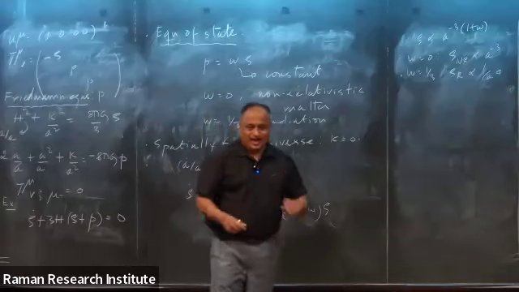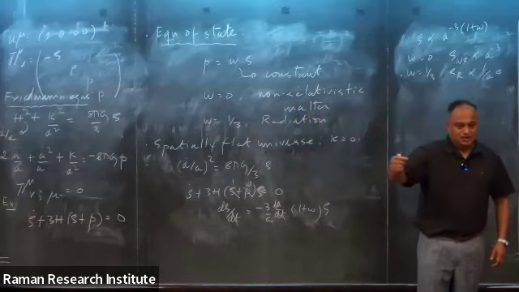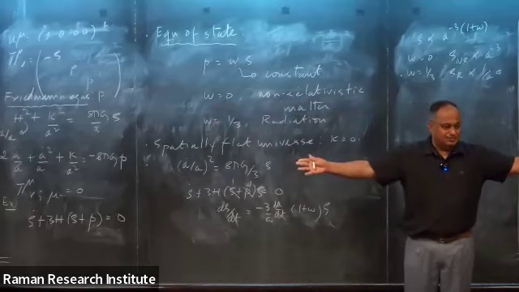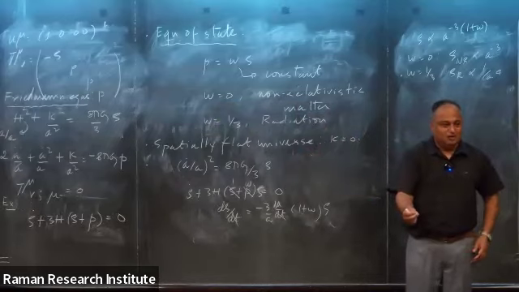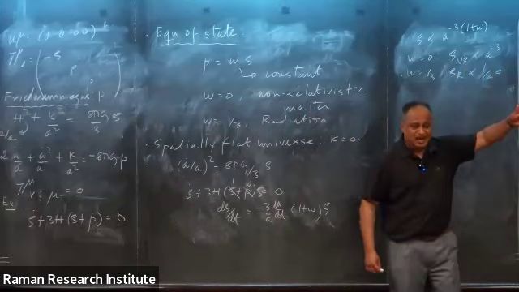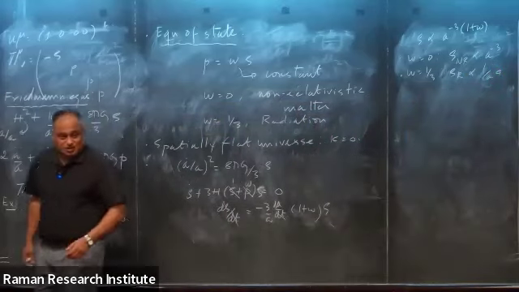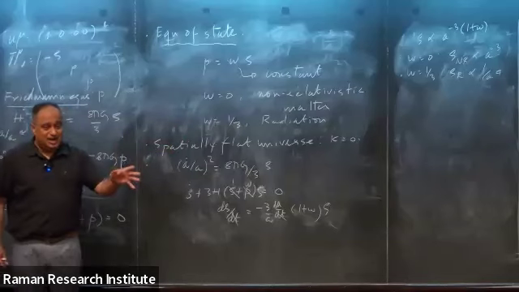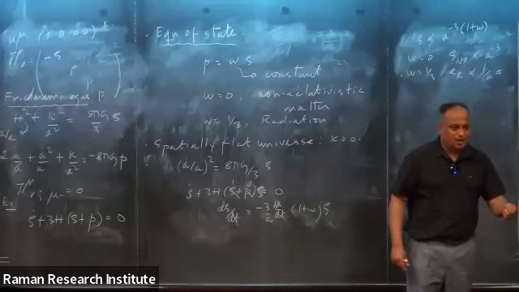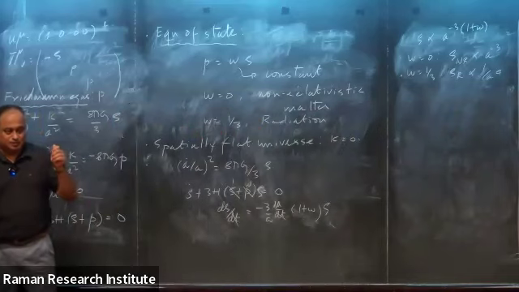One very hand-waving way of thinking about it is as follows. If you have a collection of massive particles, all that happens when the universe expands is that its volume goes like a cube. So the number density falls as 1 over a cube. The energy density of non-relativistic matter is number density times mass, so it goes as 1 over a cube. In the context of photons or radiation, you have number density times the energy of the photon. Number density does go as 1 over a cube, but the frequency also goes as 1 over a, and therefore the whole thing goes as 1 over a to the power 4.